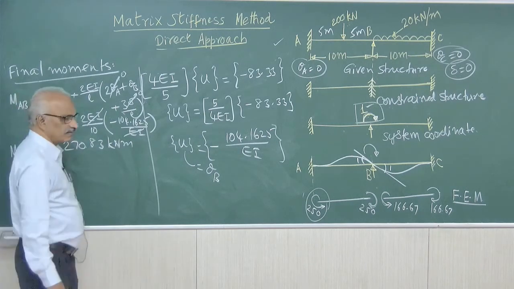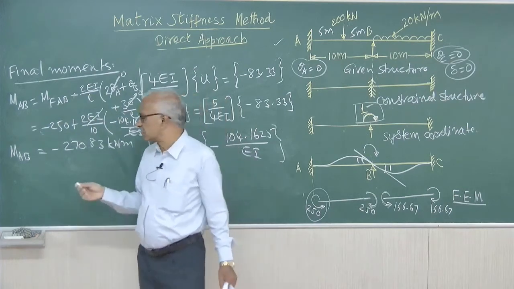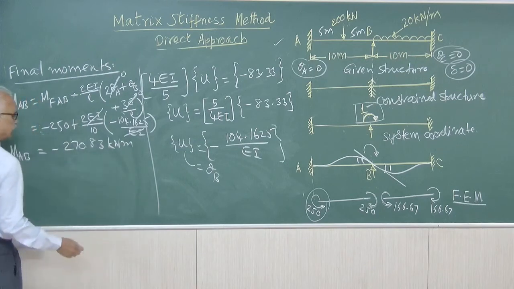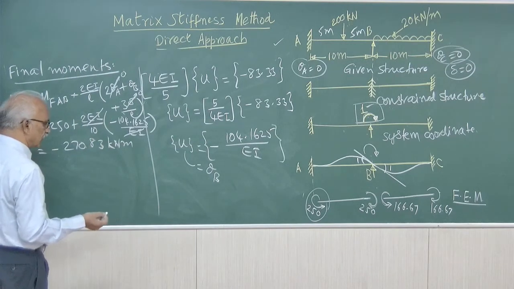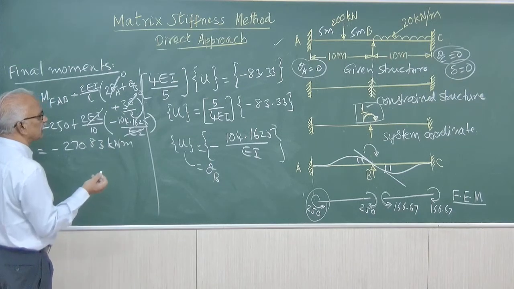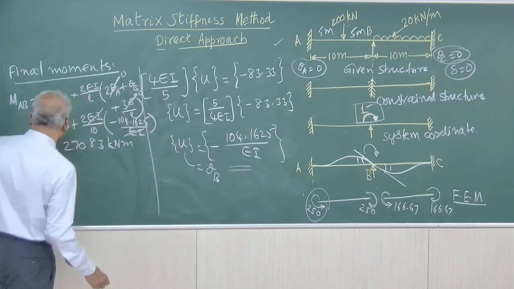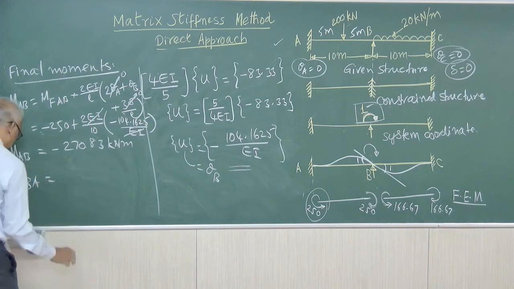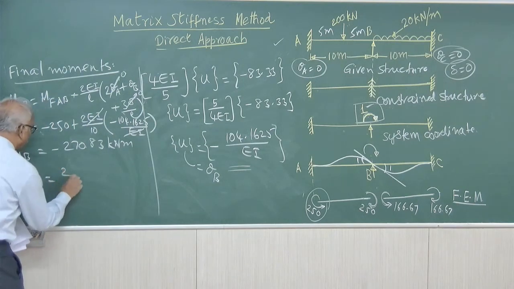So similarly, we can write the equation because the very fundamental method already we have discussed. Therefore, we can write down the equation for MBA, MBC, MCB and MCD, substituting the values, namely theta A 0, theta C 0, theta B is this value and delta is 0. We will be directly getting MBA equal to 208.34